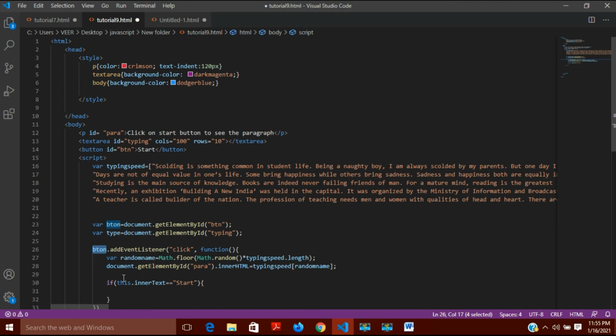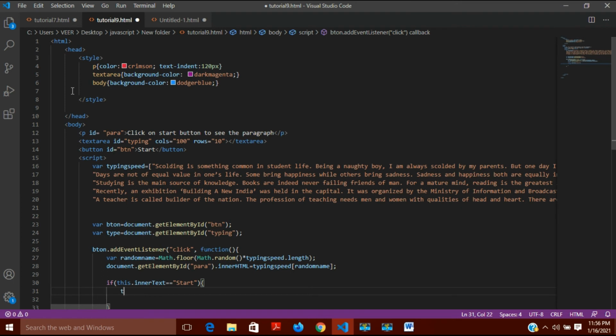So if button dot inner text, if the text on the button is start, then in that case what should happen? If it is start, and I click on it, then what should happen? That I will write now.